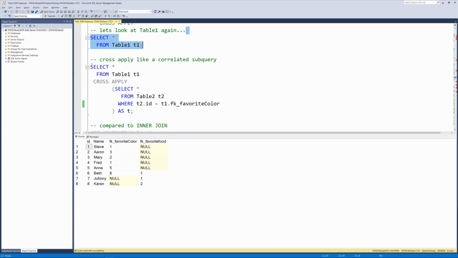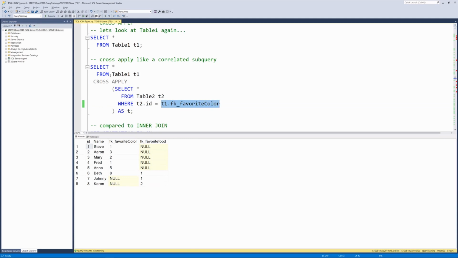What we're going to do is say select everything from table one, but instead of an inner join or an outer join, we're going to say CROSS APPLY, which is going to act like an inner join, but instead of inner joining to a table, we're inner joining to a correlated subquery. What makes this a correlated subquery is that it's a query inside of parentheses, and what correlates it is this T1 favorite color value being passed in from the outside.